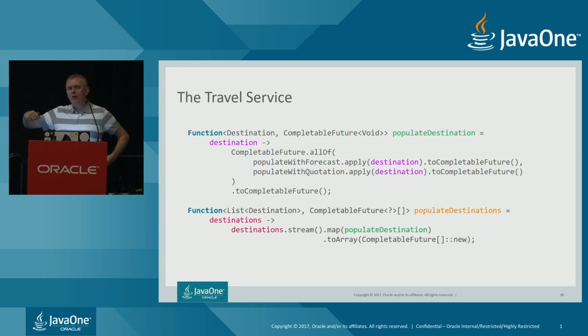So what I need to do now is for each of those destinations, apply this function one by one. Now, this is, of course, a nice job for the Stream API. So I can just stream this list of destinations. For each destination, apply this populate destination function that will return a CompletableFuture that will complete once all the properties of that precise destination are going to be set up.